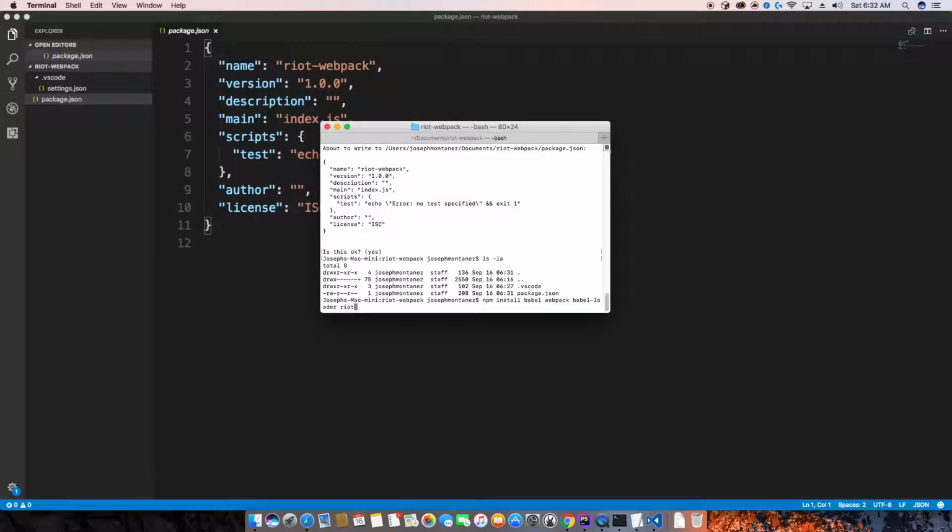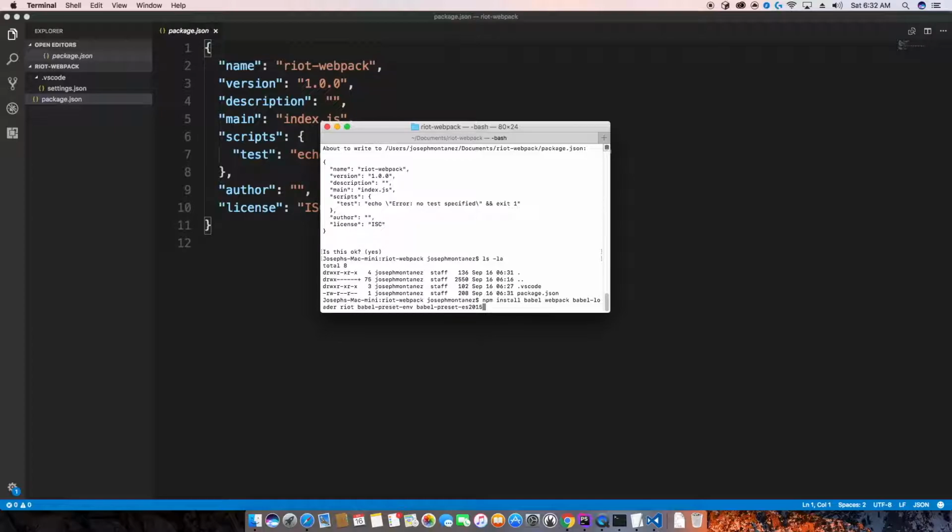Obviously we need Riot. That's kind of an important thing, and we can also do some of the presets. I believe it's like a Babel preset env and Babel preset